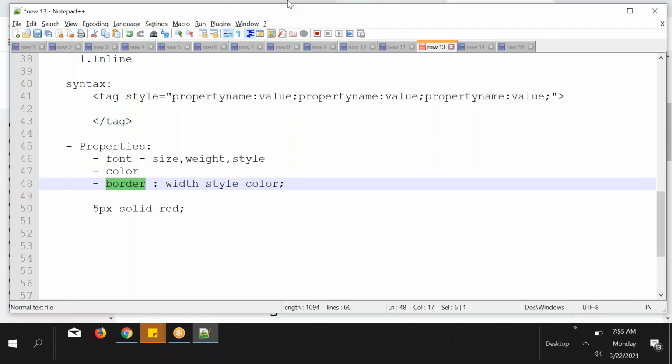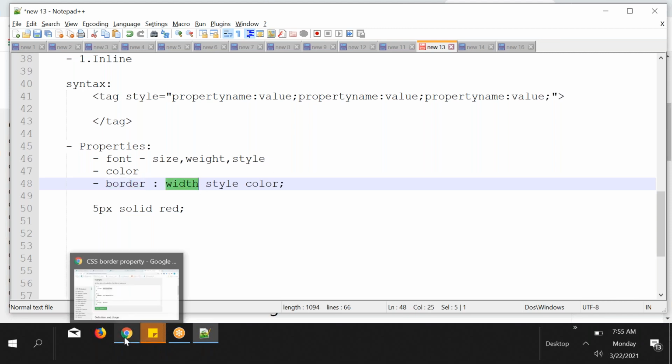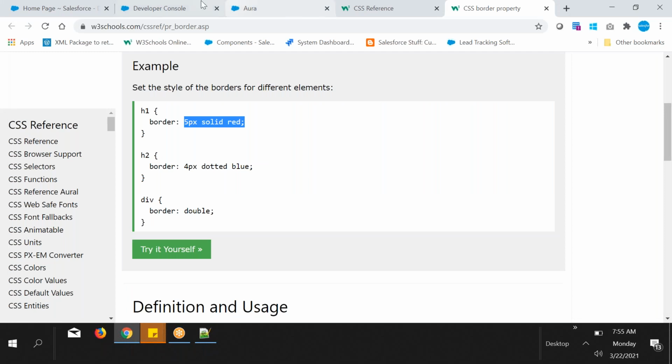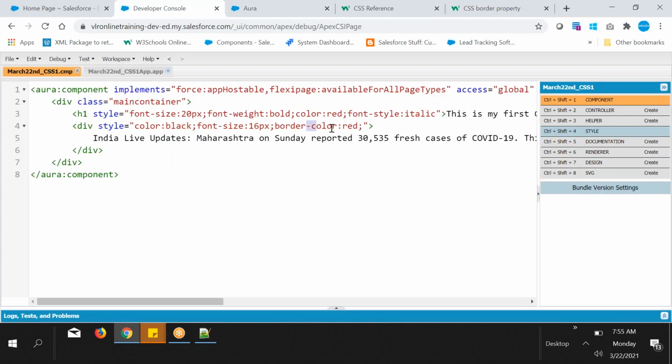Let's see how border width, style, color can simply be added. Let's go here. Border. Now you don't even need border-color. Simply colon and width. Suppose I want 2 pixel width. Space. Don't put commas, put space.